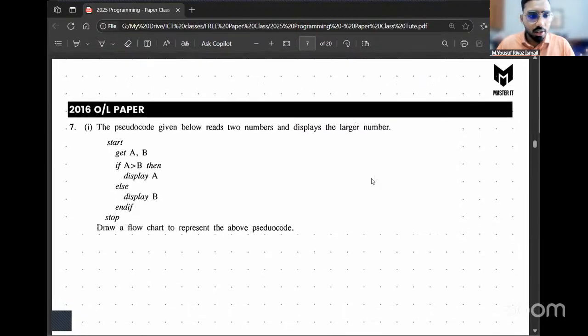I'll be screen sharing the questions. You can refer to that to copy it there. If you have the tute, you can copy it on the tute itself. But for those who don't have the tute,